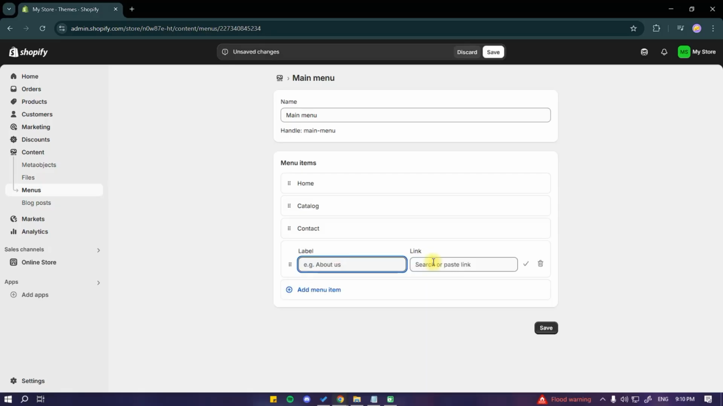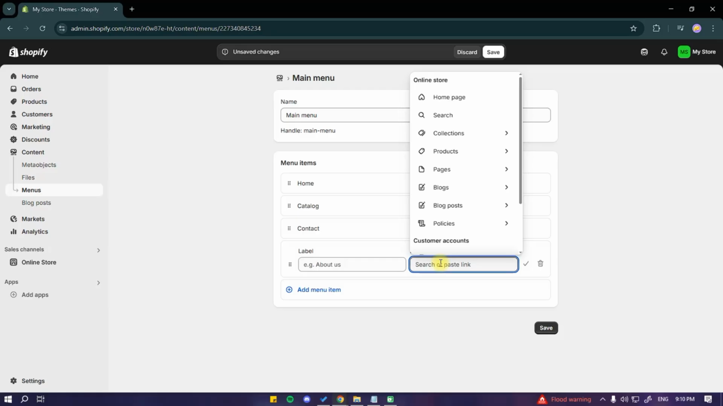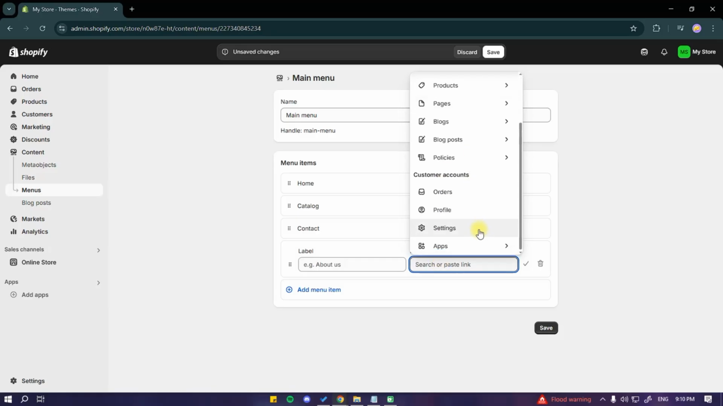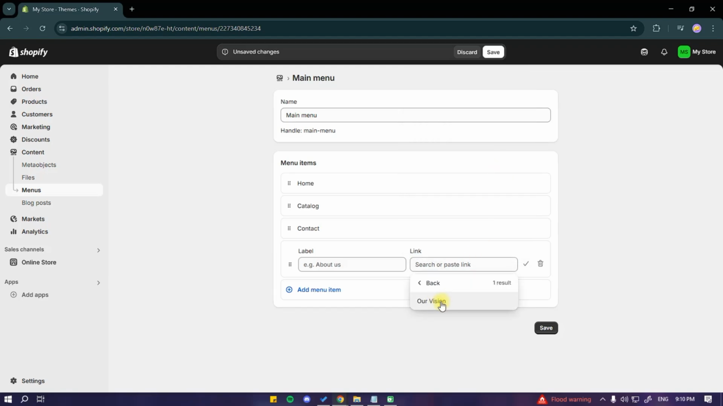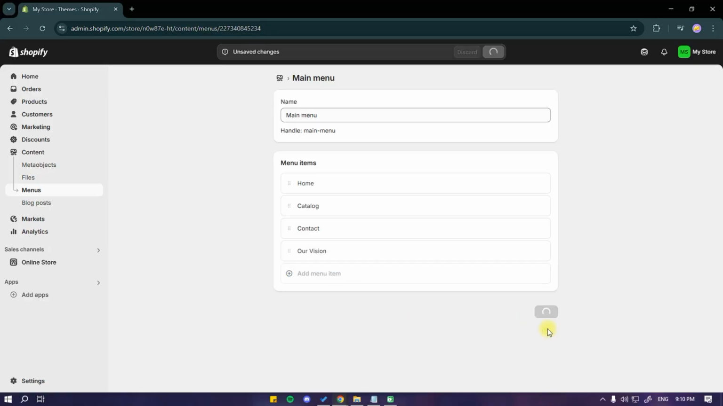We can then click on Add Menu Item, and we can click on this one right here, so we can add the page that we just created. Scroll down, let's click on these pages and click on the new page that you just created. Once you have selected it, click on Save at the bottom right,